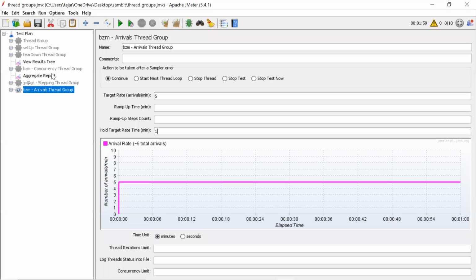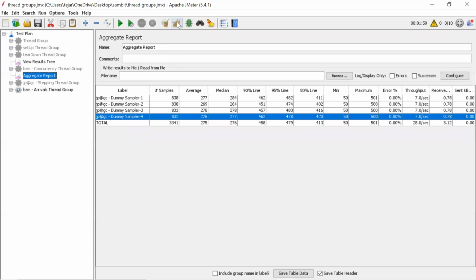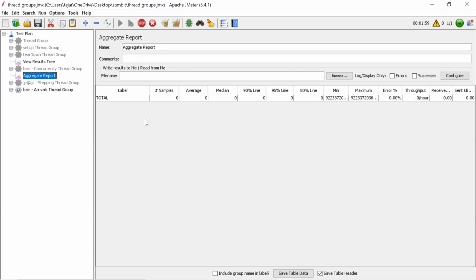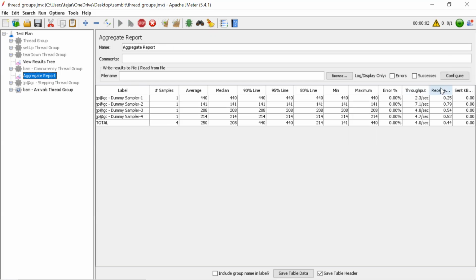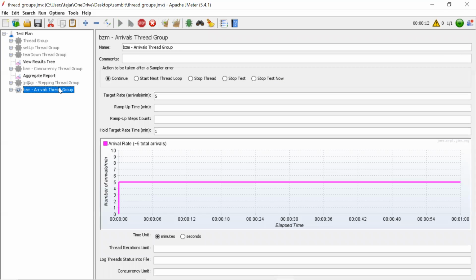But I also don't know, right? Let's run and see. What does it mean? Is there no ramp up? It triggered with only one user. Oh, what is happening?